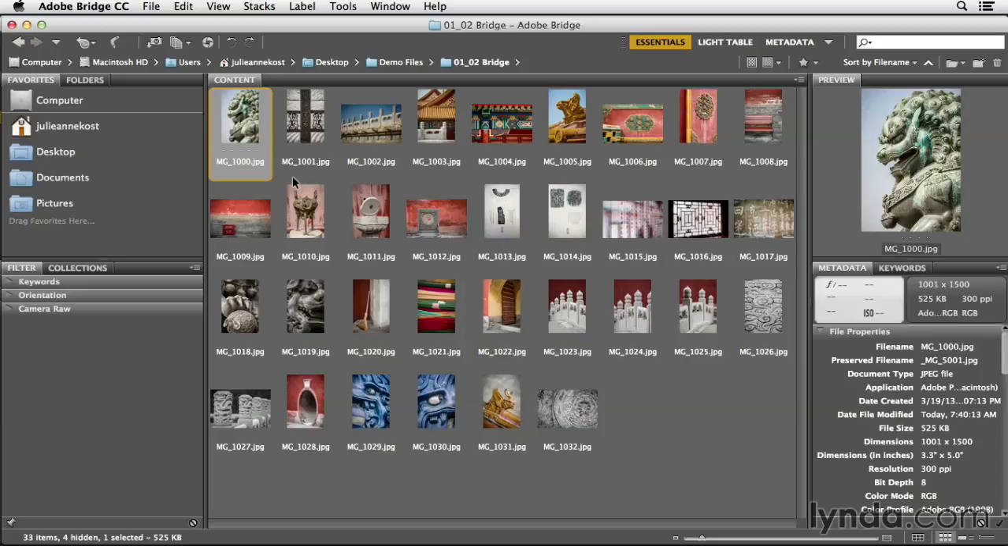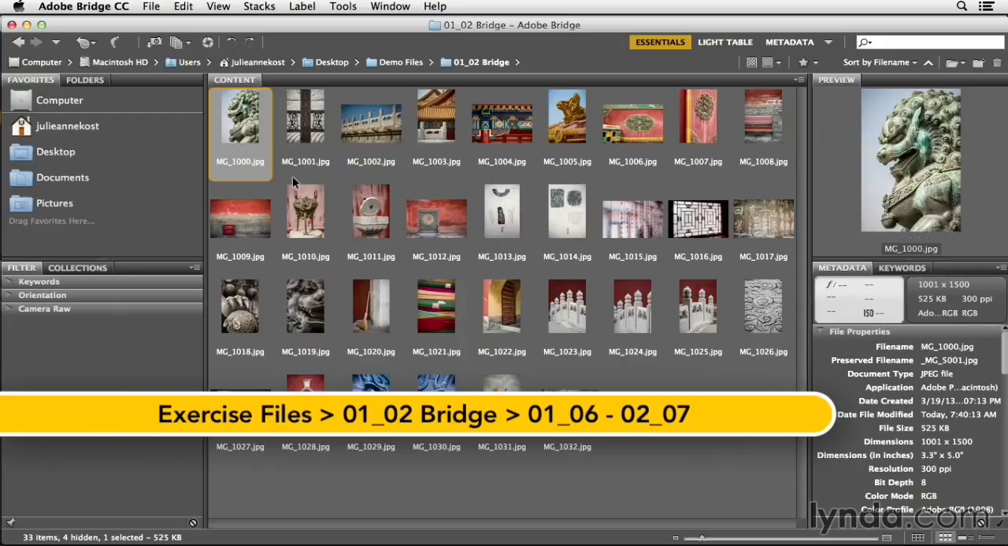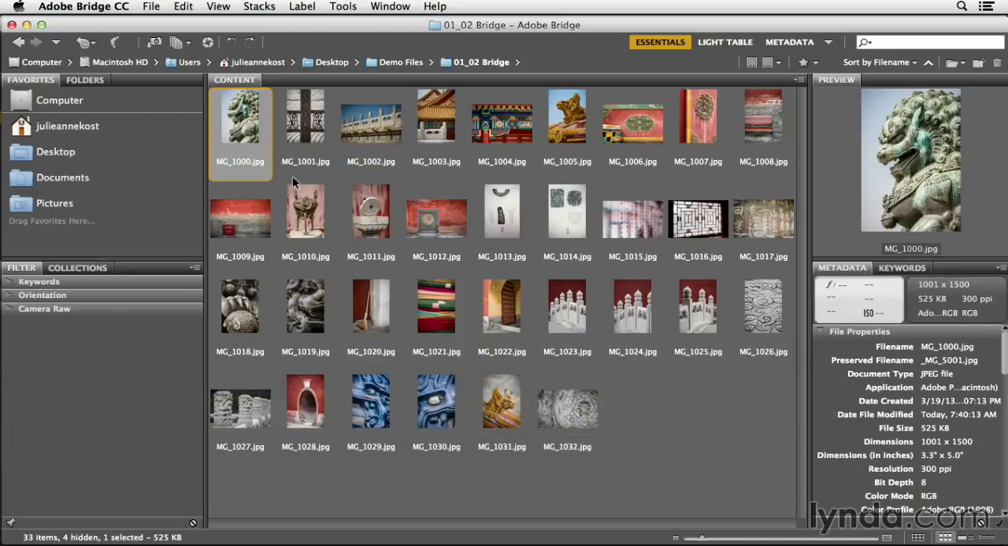As you've probably already noticed, the naming conventions that most cameras use isn't always the most descriptive, so Bridge makes it really easy to rename your photos. Now, we saw that you could rename your photos when using the Adobe Downloader utility to get photos from your camera, but if you're not using the utility or if you just want to rename later on in the workflow,